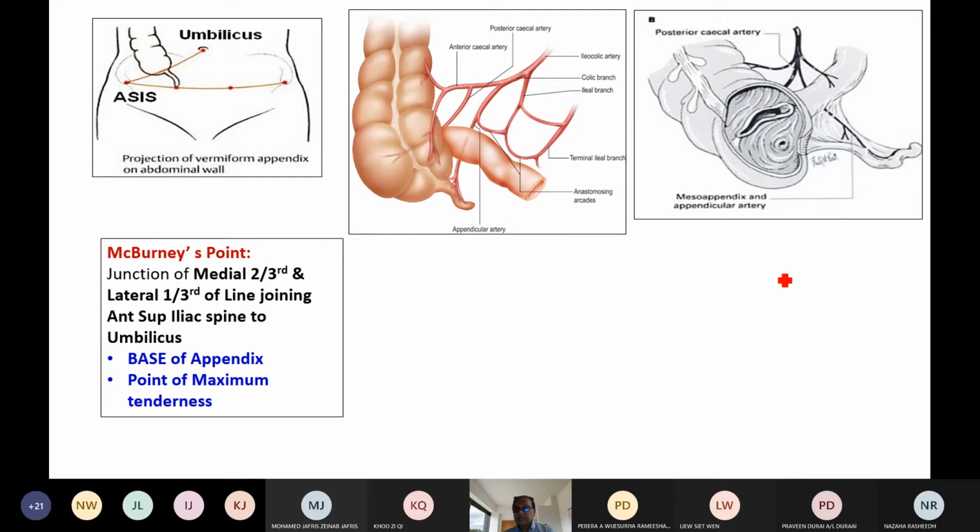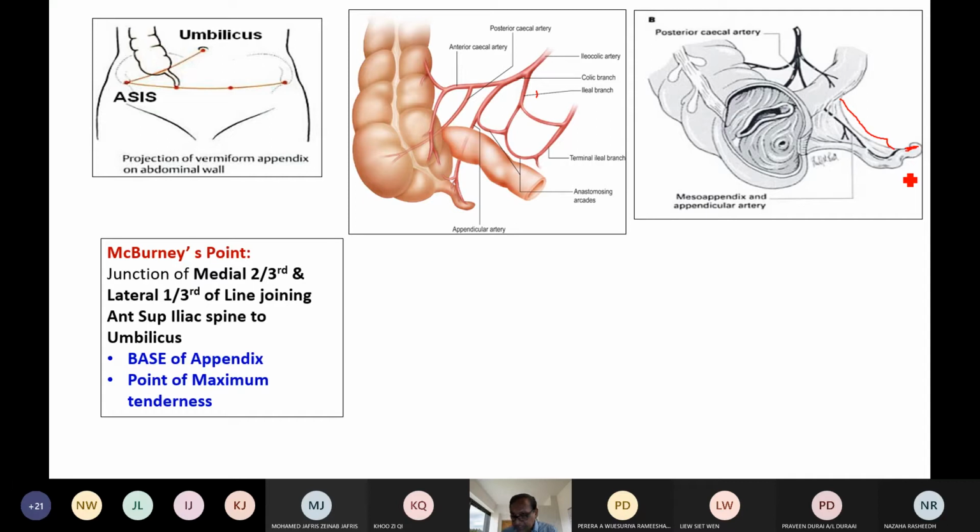Let us look now at the appendicular artery. If you see here, this is the ileocolic artery. This ileocolic artery gives the anterior cecal artery here, and here it gives the posterior cecal artery, correct? But apart from giving the anterior cecal and posterior cecal, in most cases it gives the appendicular artery directly, which comes behind the ileum through the mesoappendix. It supplies the appendix. But one important thing you must note: although the whole artery lies in the mesoappendix, the terminal part of the artery has no mesoappendix. It touches the appendix directly.